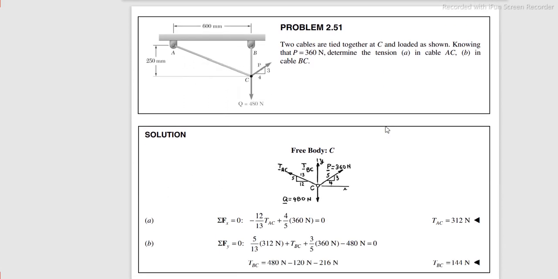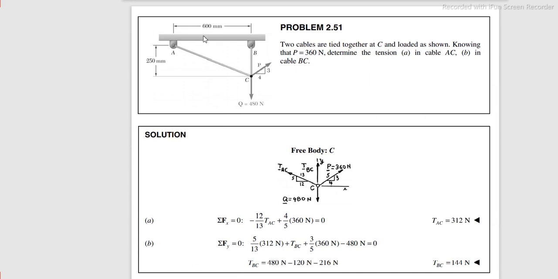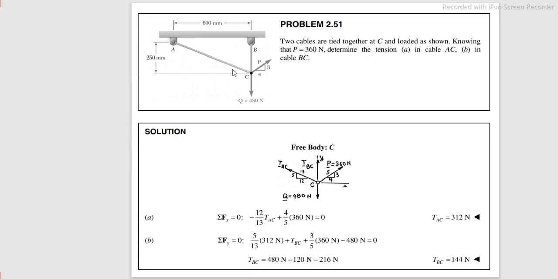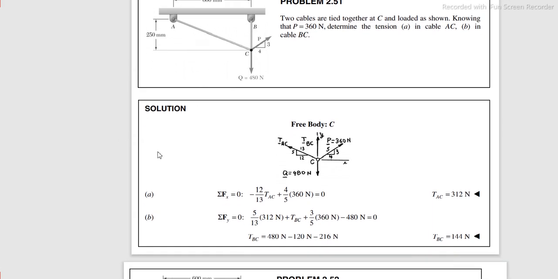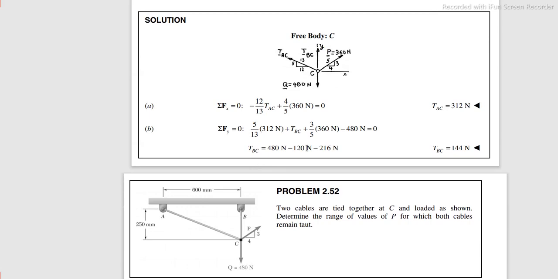Next problem 2.51. Two cables are tied together at C. This is point C. The two cables are tied and loaded. Q equals 480, P equals 360 Newton. Determine the tension in cable AC and in cable BC. The AC cable and BC cable tensions have to be measured. The solution is this free body diagram, and the solution is